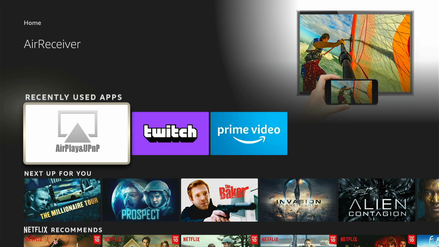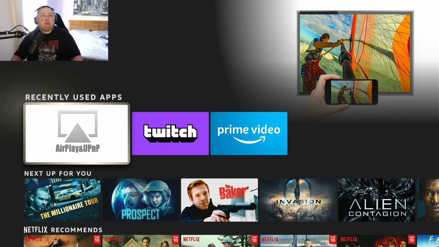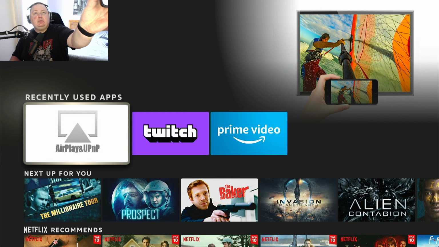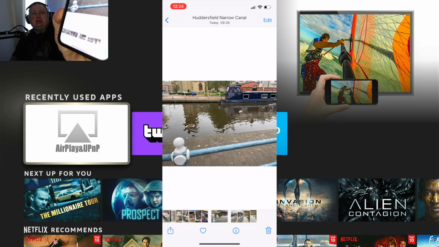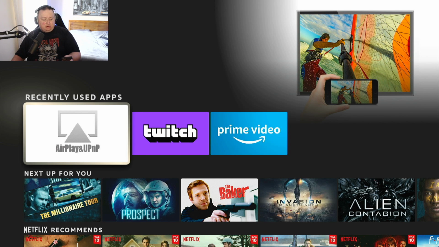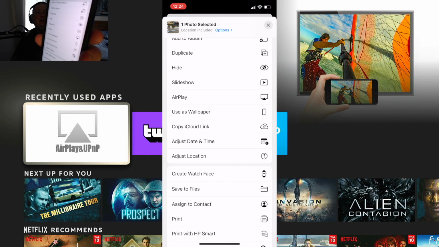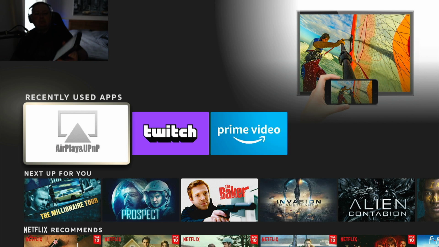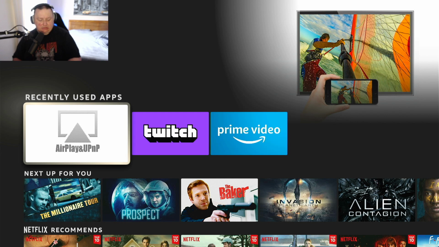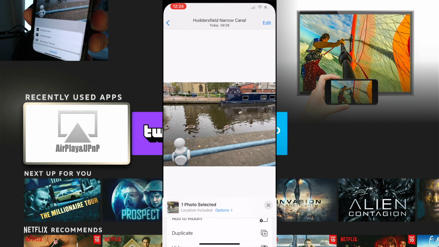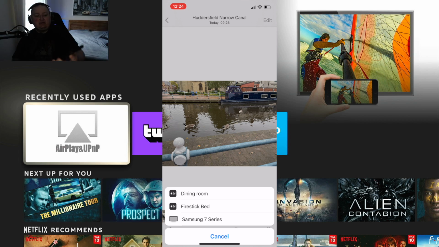So what you need to do, if I go into my phone, into photos, there we go, I'm in my photos. If I select a photo, at the bottom there's a little box with the arrow going up. If you click on that and scroll down, you've got an option for Airplay. Yep, you see that? If you press that, it comes up, Firestick Bed. It shows up as an Apple TV device. If I click that,